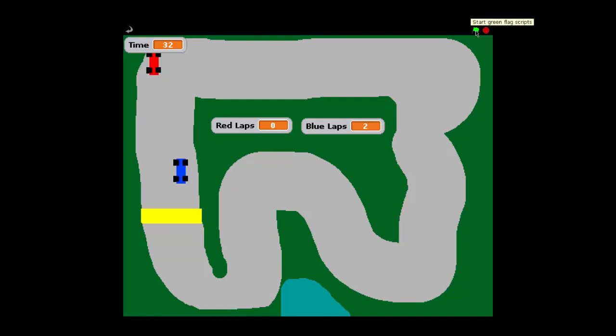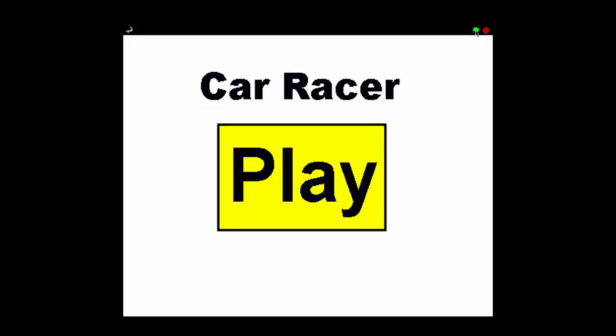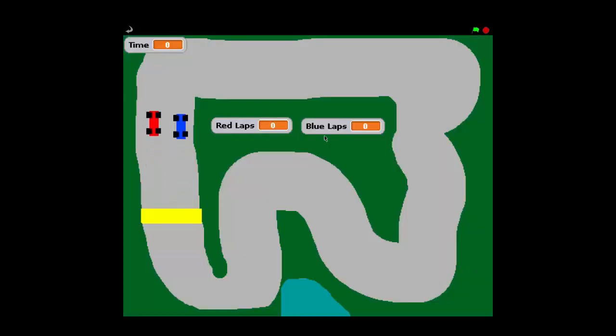Obviously this is the track and cars I've created. So you press the green flag and instead of it just starting the game automatically this time, it comes up with a screen where you have to click play. So if I click over here, it won't start. I have to click on the play button for the game to start. And I've got a two-player game. One's controlled using the arrow keys, so it's to turn and go around the track,